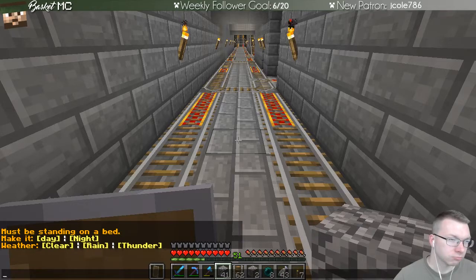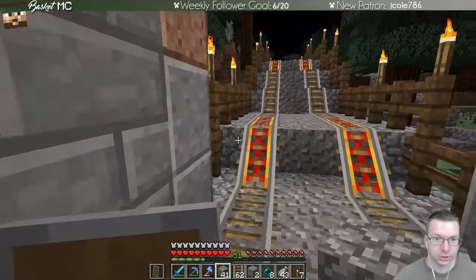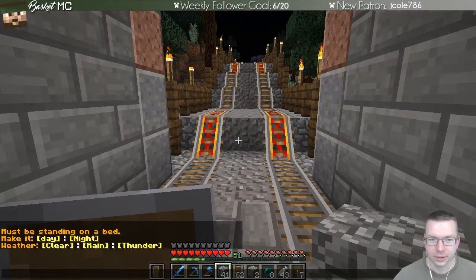Let's find my notes. BasketMC. I'm being attacked. I'll stand here. Rail. It's probably in the Hypermine folder. Yes, basket rail. Okay. So,